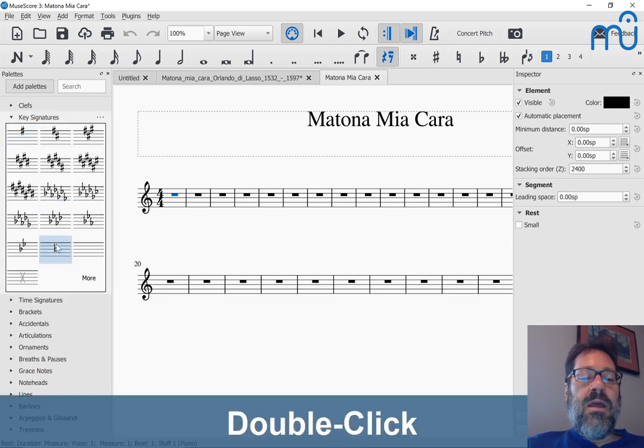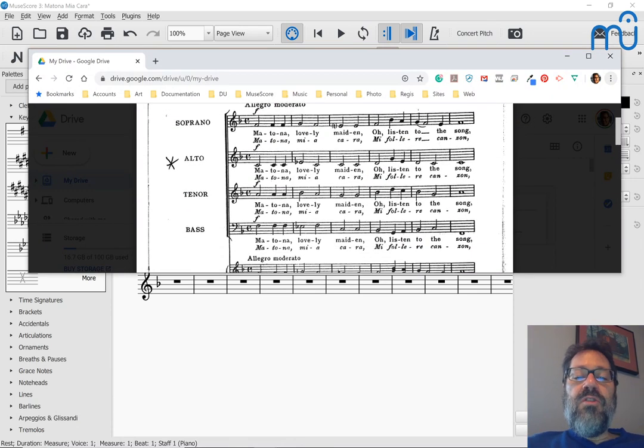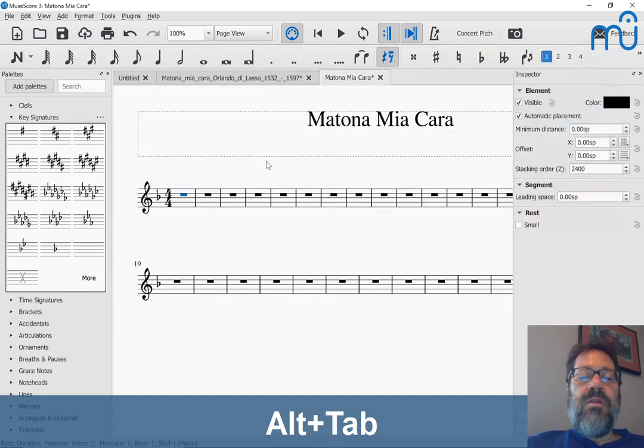So I'll go ahead and make it B flat. I mean, make it F, the 1 flat, B flat. And what I could do is I could just copy in the notes and lyrics for the alto part, because that's really all I want. So if I come back to